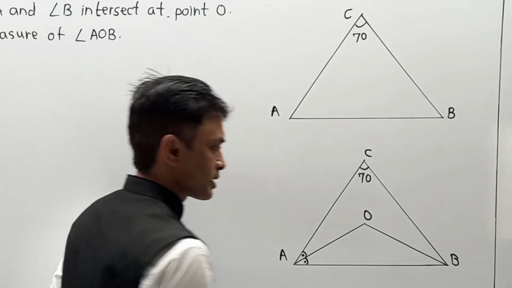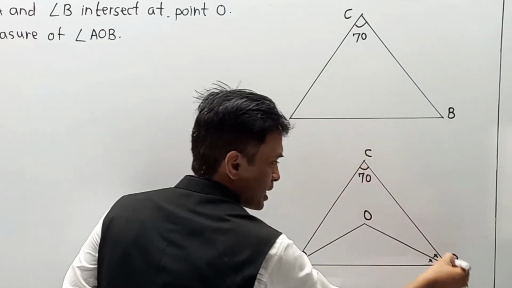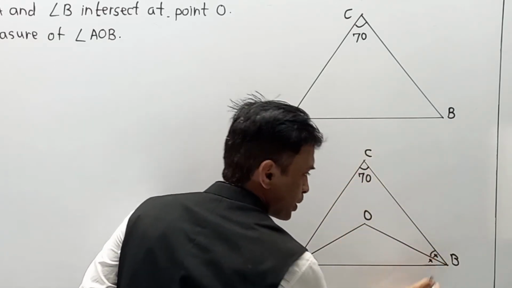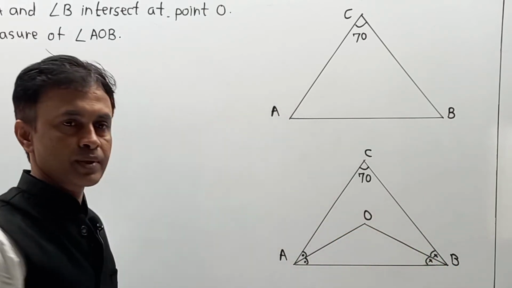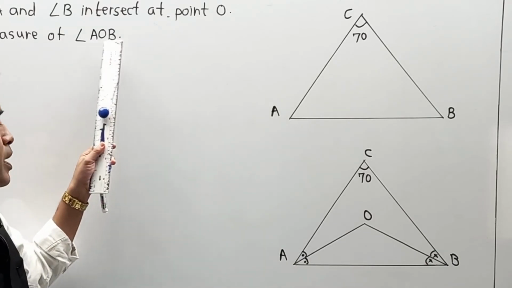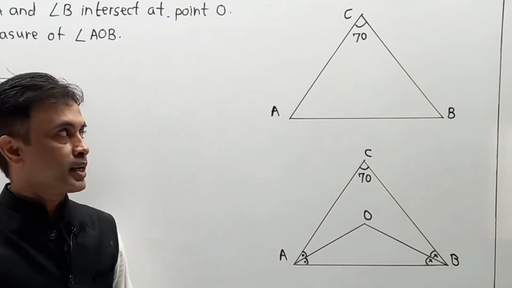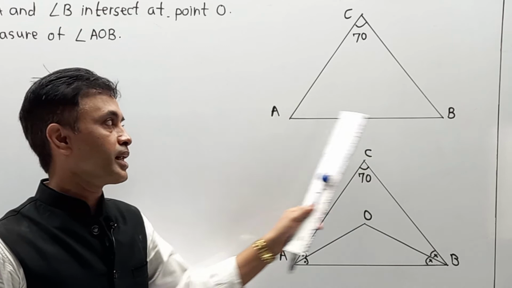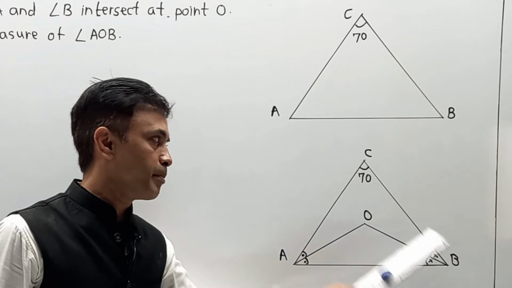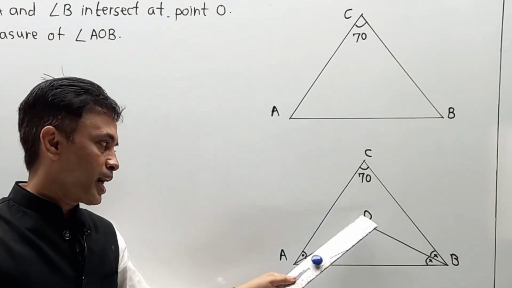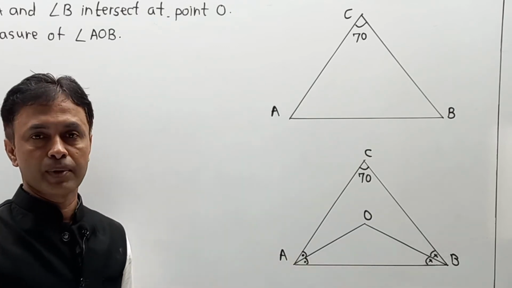The same condition happens with angle B. Angle B having a bisector means this angle is equal to this, meaning angle CBO, which is formed over here, is equal to OBA formed over here. Then find the value of angle AOB. We have to find the value of angle AOB. Remember, in the first case there is only one triangle, that is triangle ABC. In the second case there are two triangles. One is triangle CAB, which is the external triangle, and OAB, which is the internal triangle. Both triangles have base AB in common.